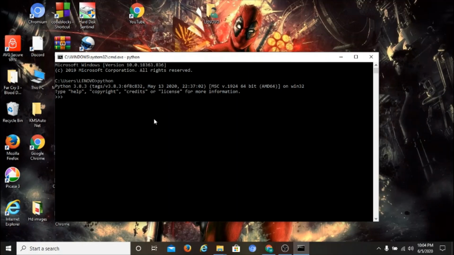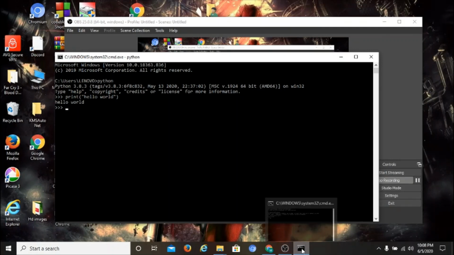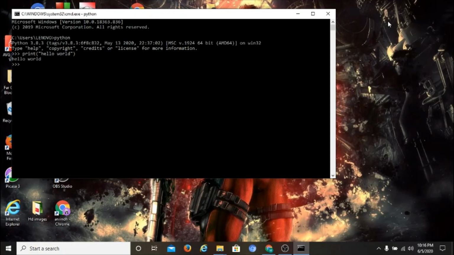You can see the version you are currently using, which is Python 3.8. Here also we can type print hello world. Yes, you can see the output hello world. If you want to come out of this Python command shell, you can just enter the quit function. Now you have come out of the Python shell.